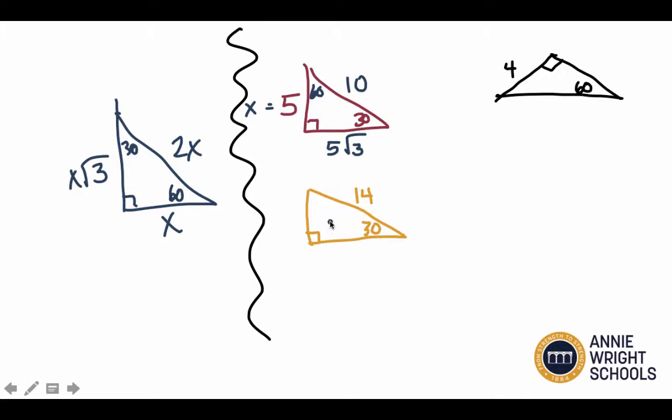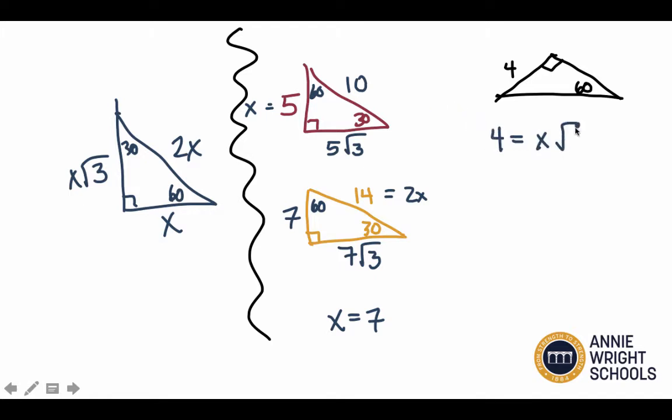Over here, I know if this is 30 and this is 90, this is 60, I have the hypotenuse, so that's 2x. That means x is equal to 7, so the 7 goes here, and that means this is 7 root 3. The hardest one is when you have the side opposite the 60, because now you know